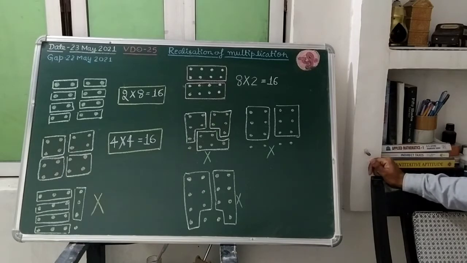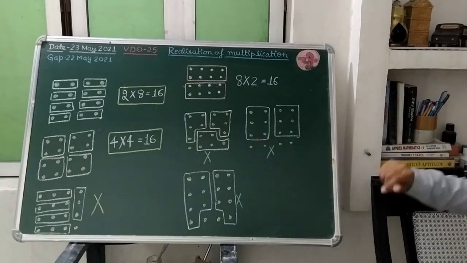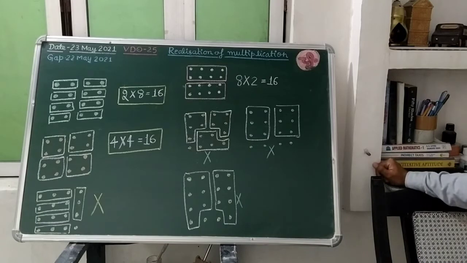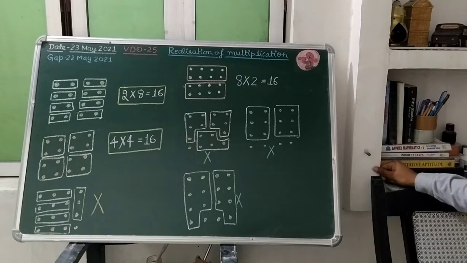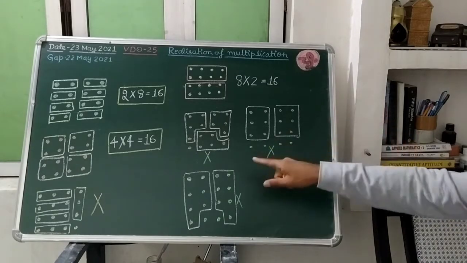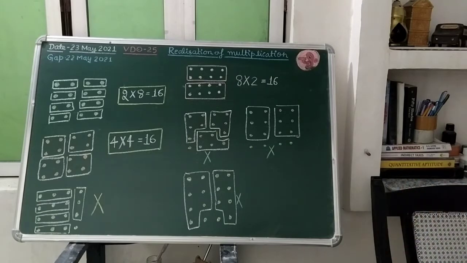So when you are grouping 4 dots, you are finding 4 groups, meaning 4 4s are 16 and all the dots are grouped there. When you are grouping them in 5 dots, you are finding 3 groups, but one dot will be left here. Meaning what, student? When you are grouping the 5 dots, you are finding 3 groups, and 5 3s are 15. One dot is left, which will make 16. So since all the dots are not grouped here, we will not select this.